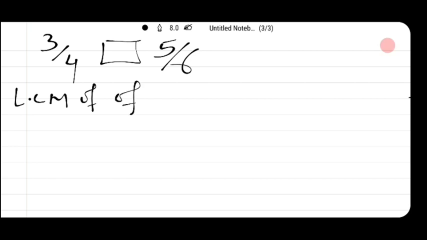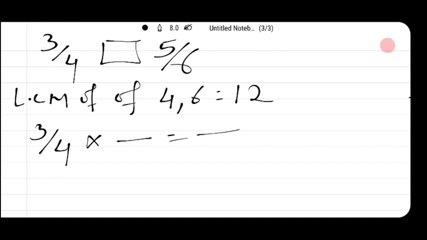Let us take another example in which neither the numerator nor the denominator are same. 3 upon 4 and 5 upon 6. In this case, we have to change it into equivalent fraction first. So the LCM of 4 and 6 is 12. 3 upon 4. We have to change the denominator into 12. So I have already told you that in equivalent fraction we have to multiply the numerator and denominator with same